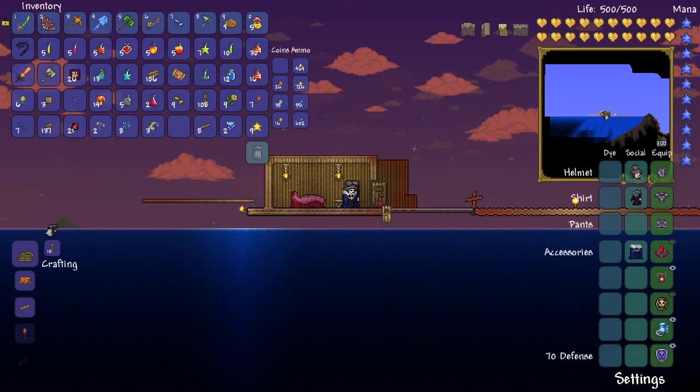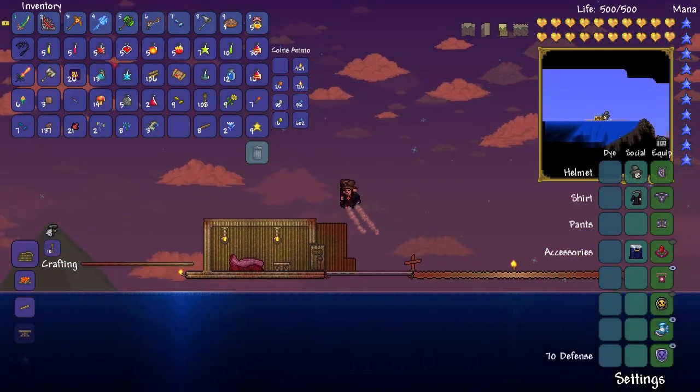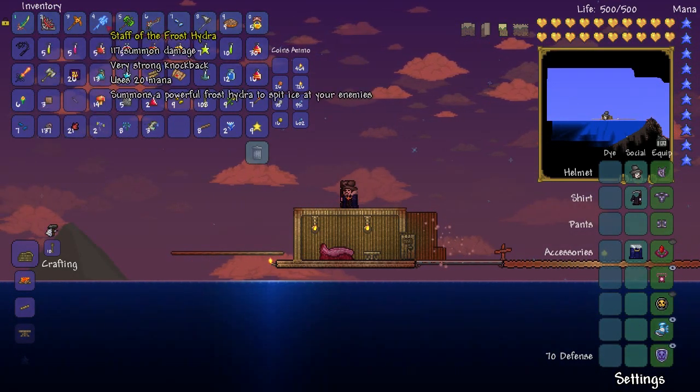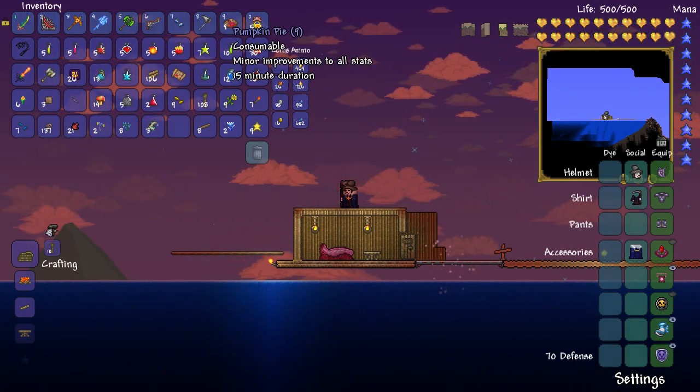Hey guys, this is Dark Skeleton, and today I'm going to be showing you how to fight the current hardest boss in Terraria. That is, of course, Duke Fishron. Now, in order to fight him, I went ahead and crafted a legendary Terrorblade, best sword in the game, but